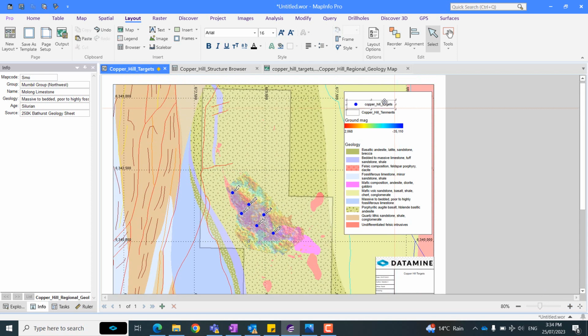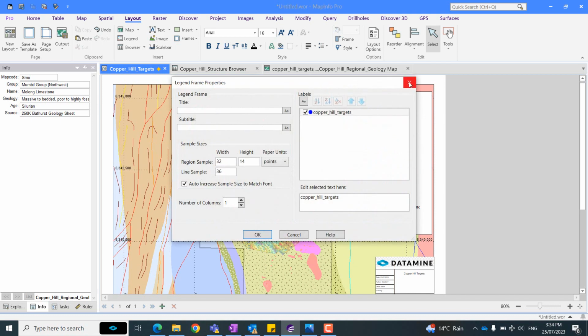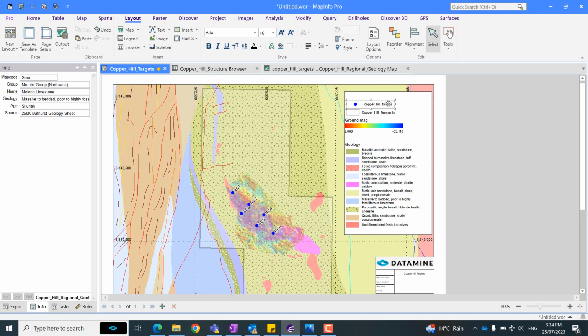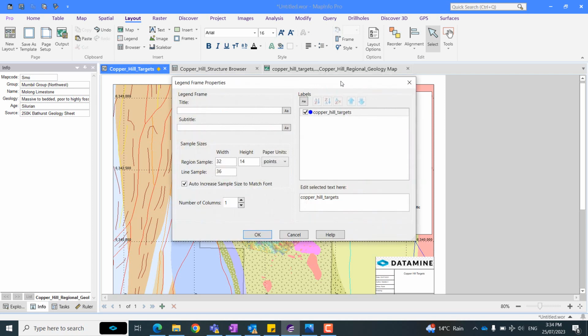And a couple of things I want to do is, Copper Hill Target is not the proper name, so I'm gonna select the frame and double click, and it's gonna bring me to the legend frame properties. And I don't need a title, neither a subtitle, but one thing I can do is where it says edit selected text, I can change this to just targets